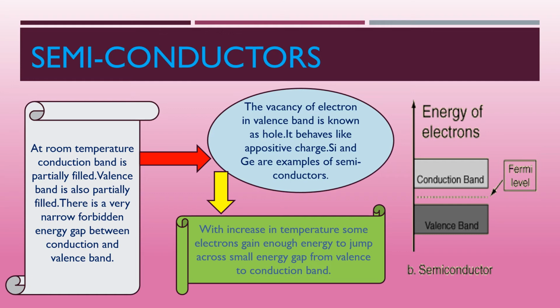Now, when the temperature of the semiconductor material is increased, the electrons present in the valence band will get sufficient thermal energy to be excited and jump across this forbidden energy gap and occupy some position in the conduction band. The electrons which are leaving the valence band will create a vacancy of electrons in the valence band. The vacancy of an electron in the valence band is given the name of hole, and it behaves like a positive